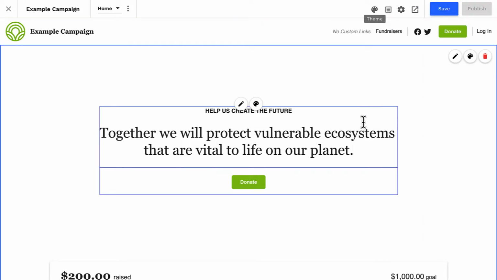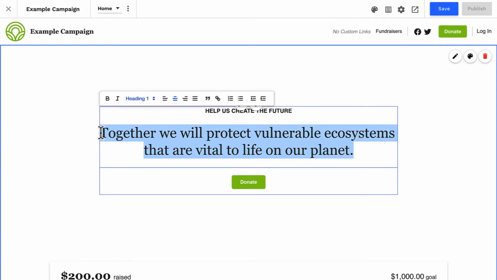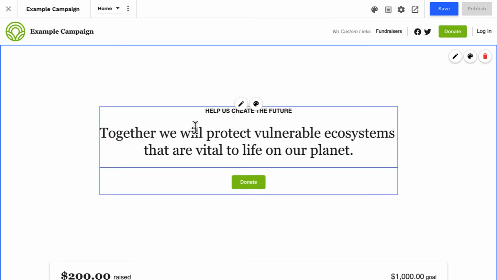In almost all areas where we enter text on our page, we can configure the text hierarchy, which is a fundamental part of HTML syntax, but for now, we just need to know that text assigned to a headline will use your headline font, and non-headline text, including normal paragraph text and your buttons, will use your theme's body font.